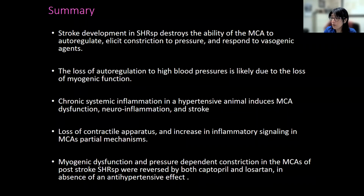Loss of autoregulation to high blood pressure is likely due to loss of myogenic function. In chronic systemic inflammation in a hypertensive animal, it induces MCA dysfunction, neuroinflammation, and stroke. Loss of contractile apparatus and increasing inflammatory signaling in middle cerebral arteries are partial mechanisms, and myogenic dysfunction and pressure-dependent constriction of the MCAs of the post-strokes were reversed by both captopril and losartan, in the absence of the antihypertensive